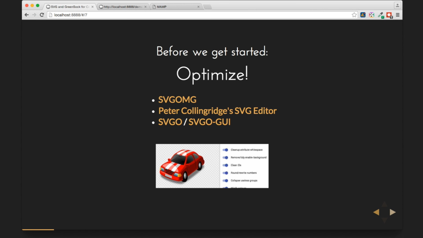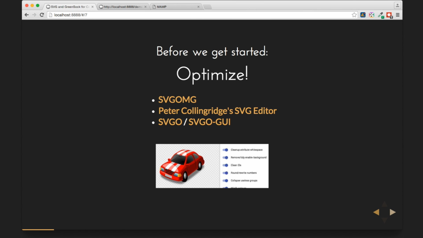SVGO is a really great tool, and there's actually a web-based GUI that Jake Archibald made called SVG-OMG. If I give you the slide link later, you can just click all of these links. They're active. It gives a lot of toggles, so you really do need to refine it. I don't suggest ever optimizing an SVG without looking at the output. You need a GUI for this, because the way that you optimize it does change its appearance and can actually destroy it. So it's really important that you're looking and seeing what the output is as you're working with it.